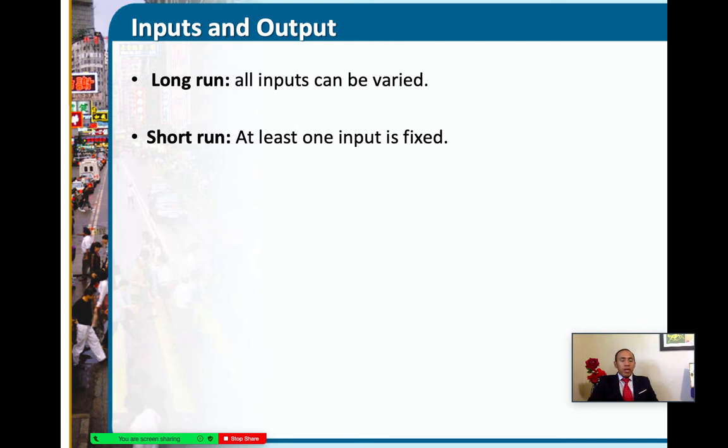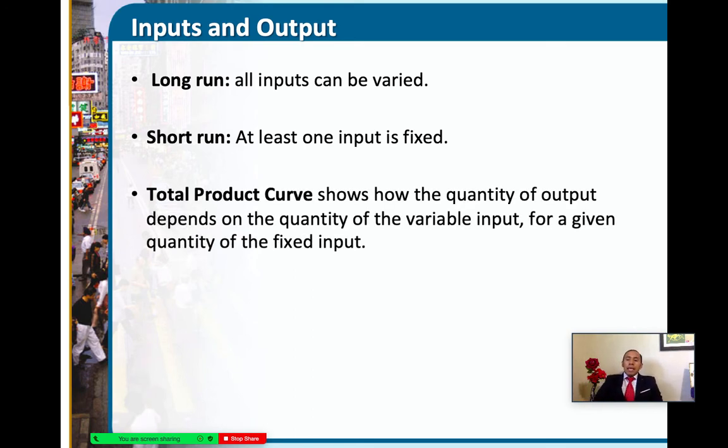In the short run, we have at least one of them that is fixed. At least most of the time we have one or a couple of inputs that tend to be fixed, but in the long run they can be adjusted and they can be used to a greater extent or optimize their usability. Now, we're going to illustrate this graphically by showing a total production curve within the production function